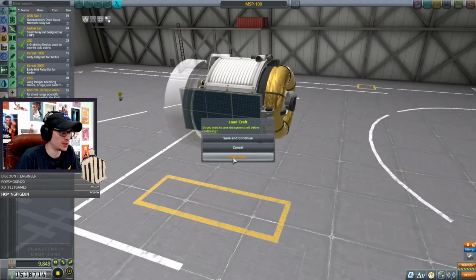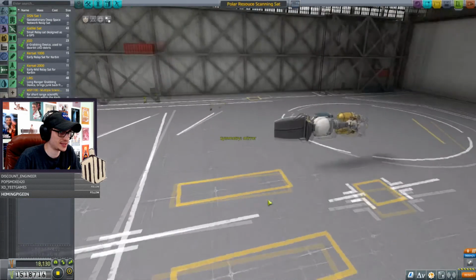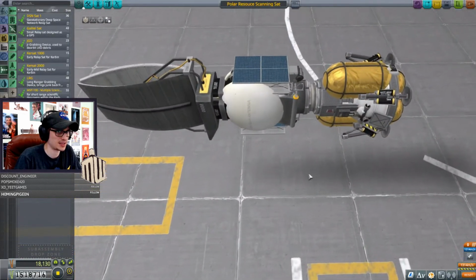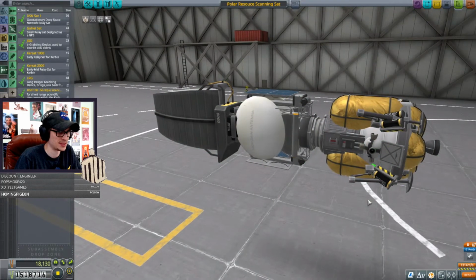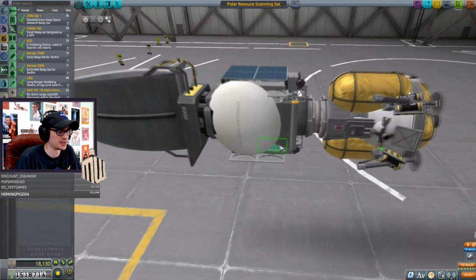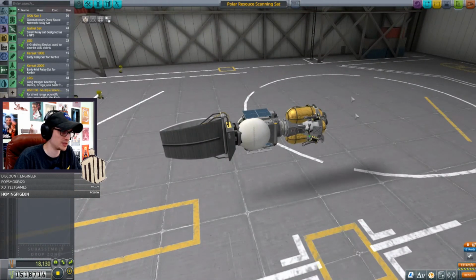Okay, that's MSP 100. Node 2, Polar Resource Scanning Sat. Now, what was this? PRSS, Polar Resource Scanning Sat. This looks like a lander as well. This is an autonomous lander. So this is actually two things, because the satellite doesn't have any propellant. I think the lander was supposed to put the satellite into...